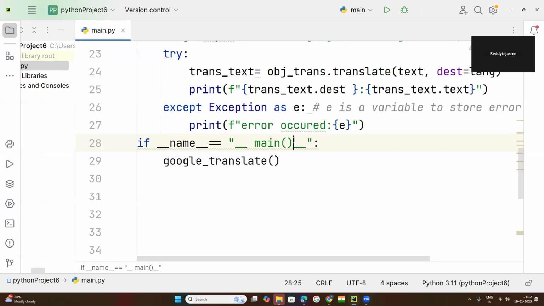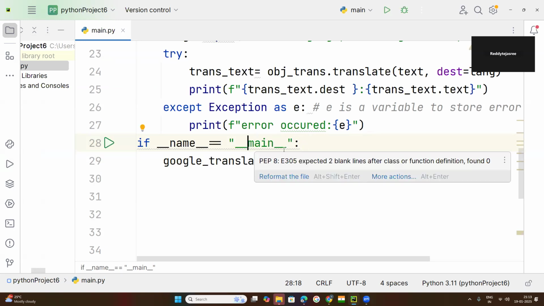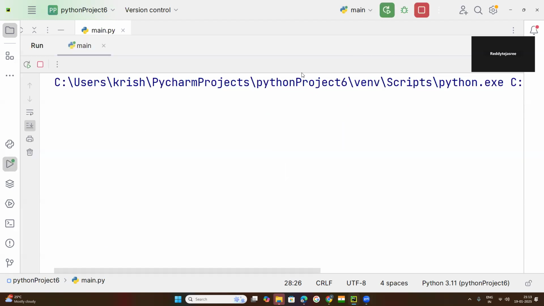So no brackets here while you are calling the function. At that moment, one more thing is that no gap is required here. If you give a gap here, generally